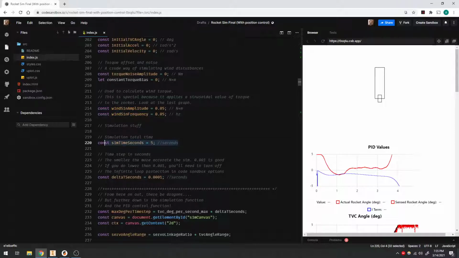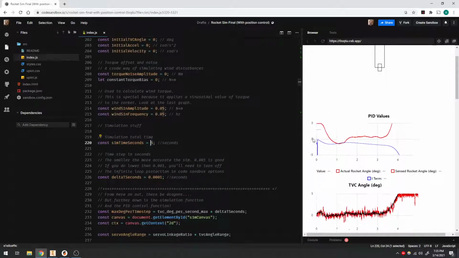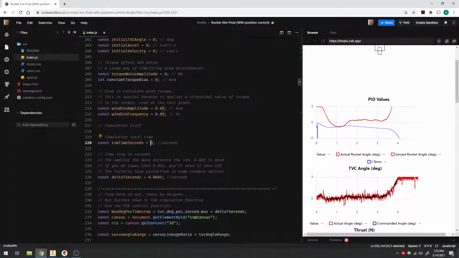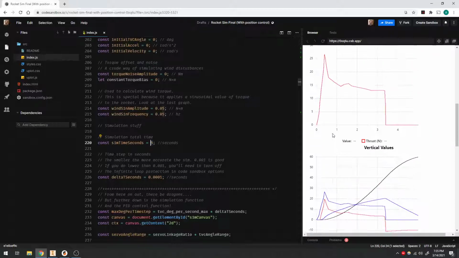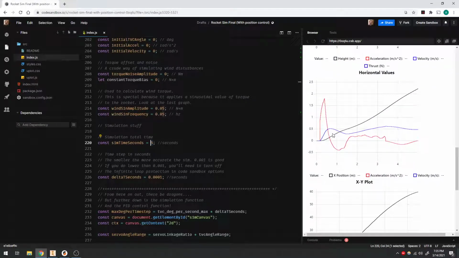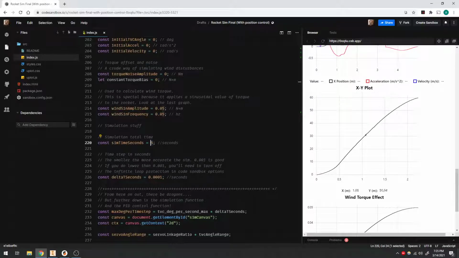Lastly, here are the settings for the simulation. It's just how long you want to simulate for. So 5 seconds. Usually you simulate for maybe a second or two more than your thrust curve. If you want to see how high your rocket will go, like a trajectory, you probably want to simulate for longer because you want to give some time for the rocket to fall. So if we do 15 seconds here,